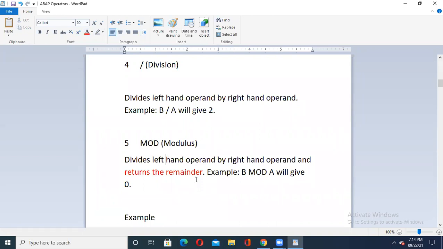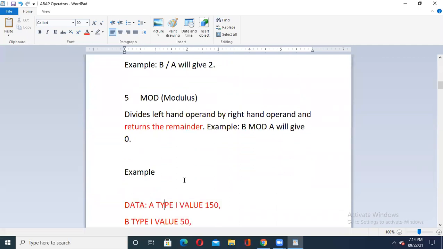But when I do the same thing with the help of the modulus operator, I will not get the answer as 2, though I am writing it the same as my division operator. The representation may be the same, but when I say mod, I will get its remainder. So when I divide 40 by 20, my quotient will be 2, but my remainder will be 0. To get the remainder value 0, we are going to use this mod operator.